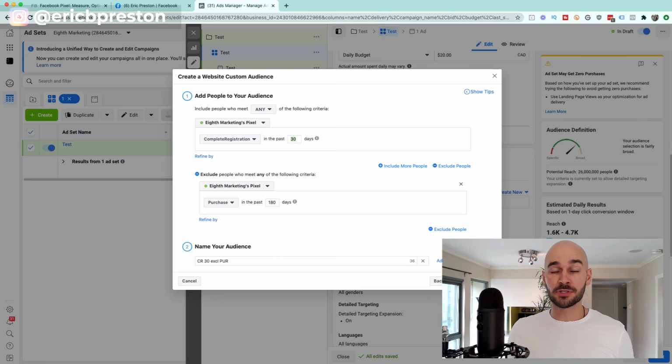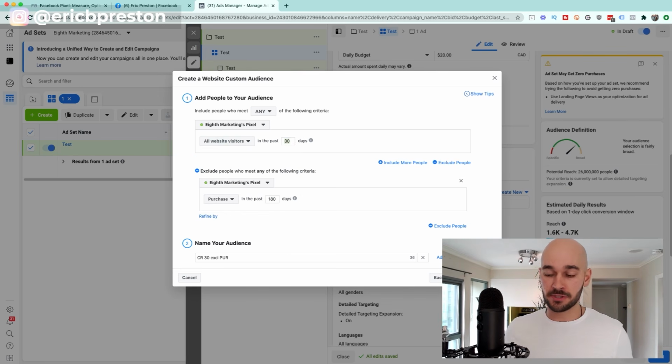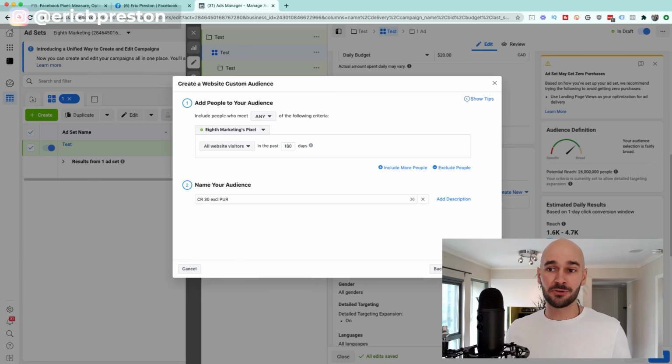So most of you, when starting out with retargeting, you're going to do something very simple, like all website visitors in the past 180 days. You just try to capture everyone. And exclude people who've purchased, for example. In e-commerce, you don't need to exclude people who've purchased. You want people to purchase multiple times. So a lot of times for people, say e-commerce,